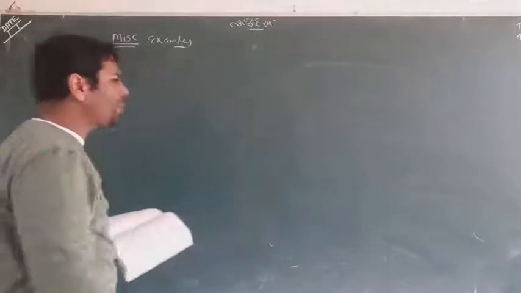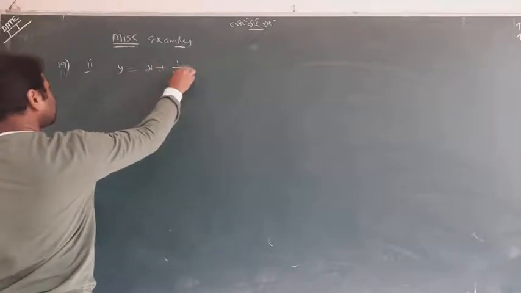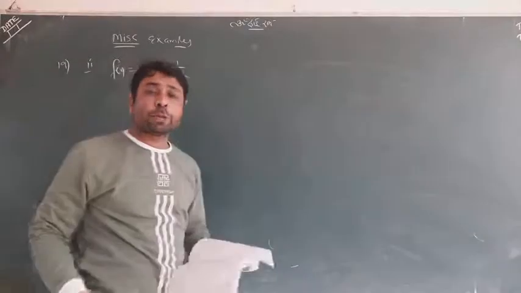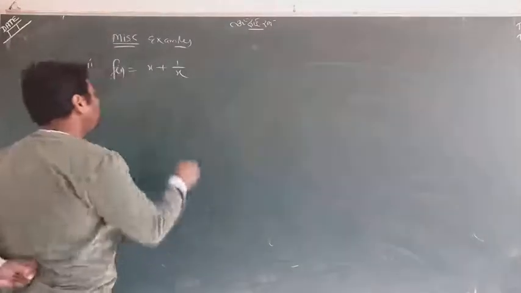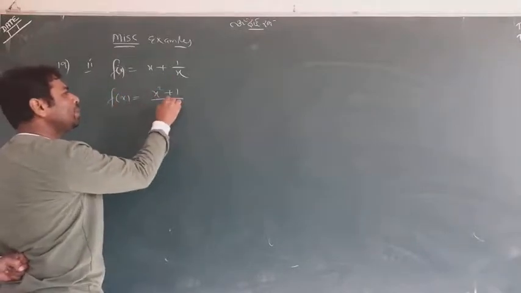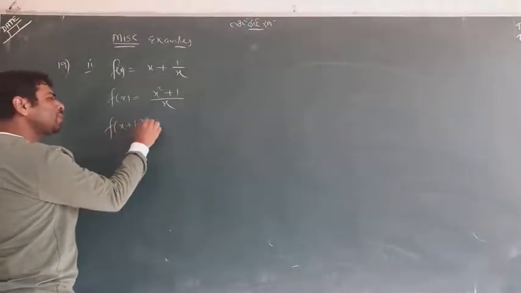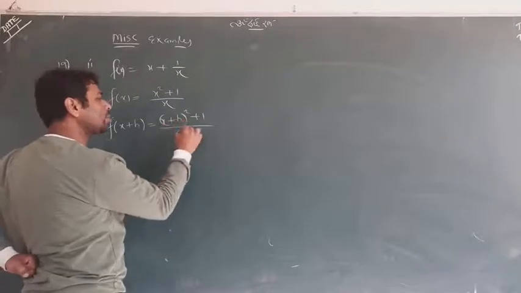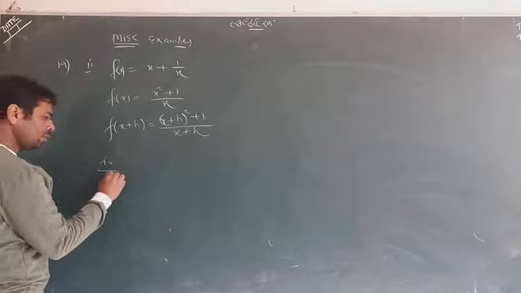So question number 2 I am taking. y is equal to x plus 1 by x. This is my function. By first principle you have to do it, so I am using the first principle. Before doing this question, I want to take LCM, and it is going to be easy now. Now you can go with f of x plus h. This is (x plus h) whole square plus 1 upon x plus h. Now go with dy by dx.